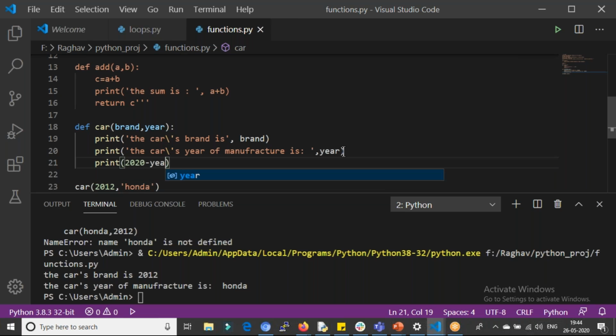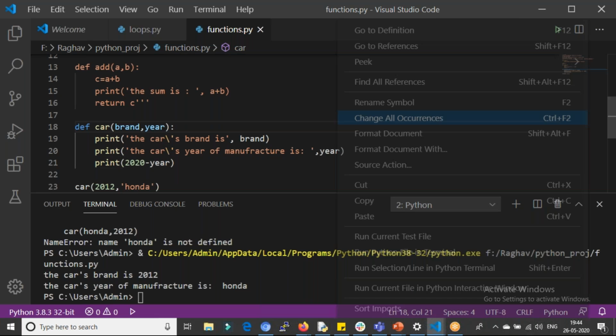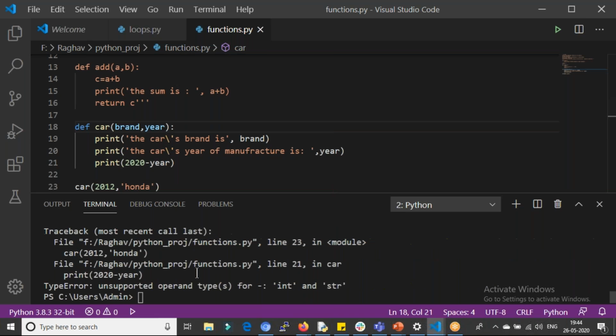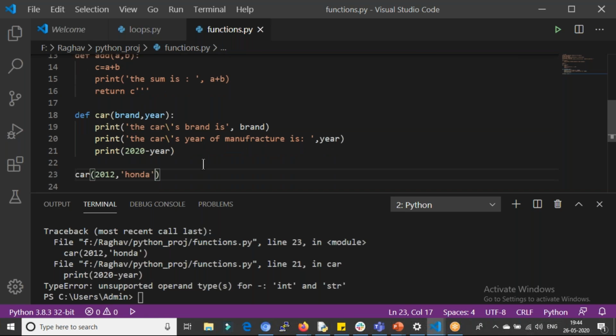If I run this, it will give an error: unsupported operand type, an integer cannot be subtracted by a string, because I'm trying to subtract 2020 from Honda. The mistake is that I'm giving the position wrong.